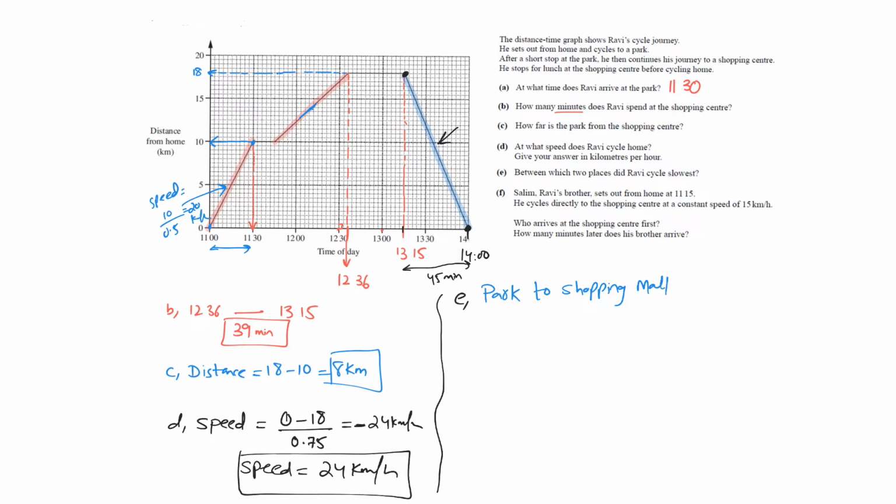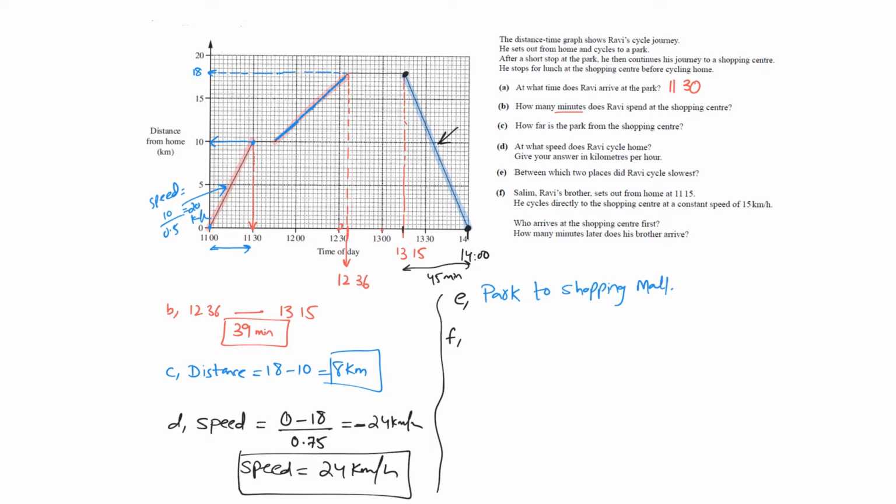Fine. So at this region, this is the required region. At this region he was moving slowest. You can calculate the speed as well. It must be less than 20. In part F, guys, in part F you are being asked,